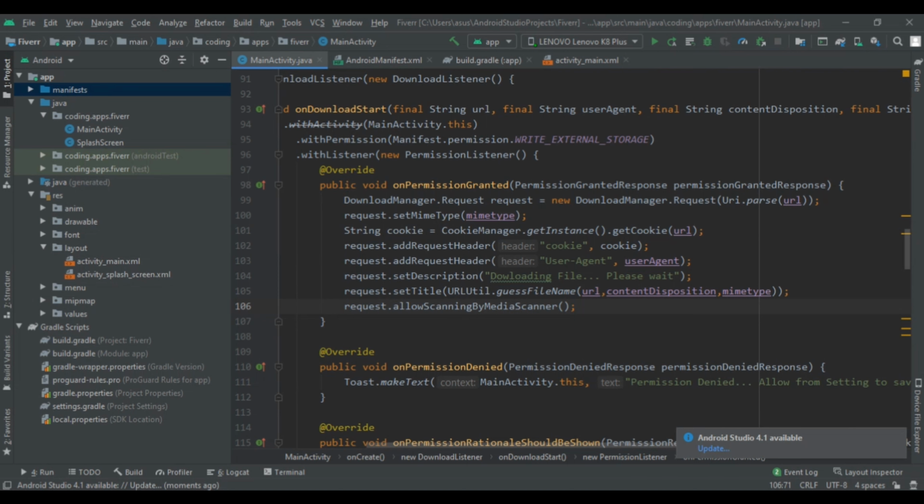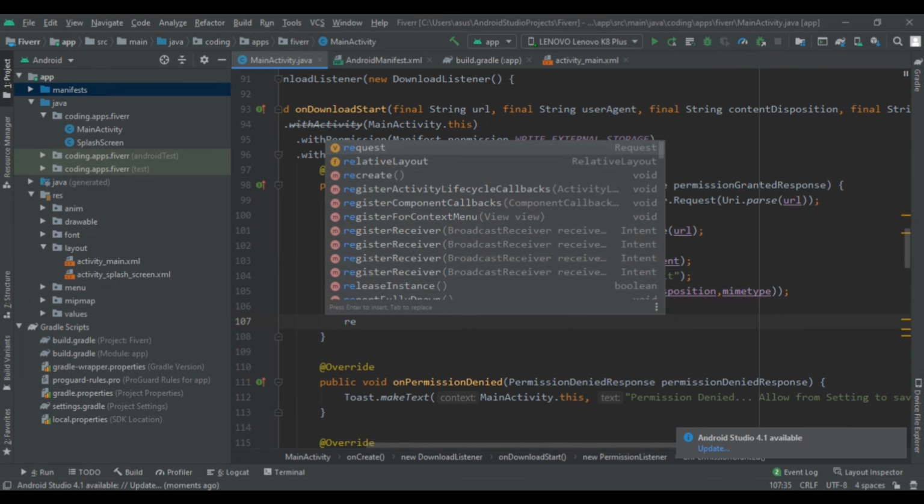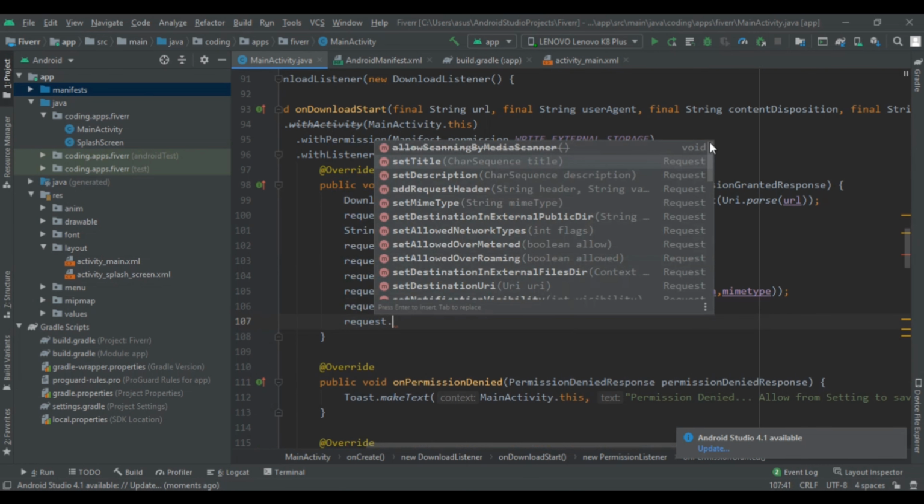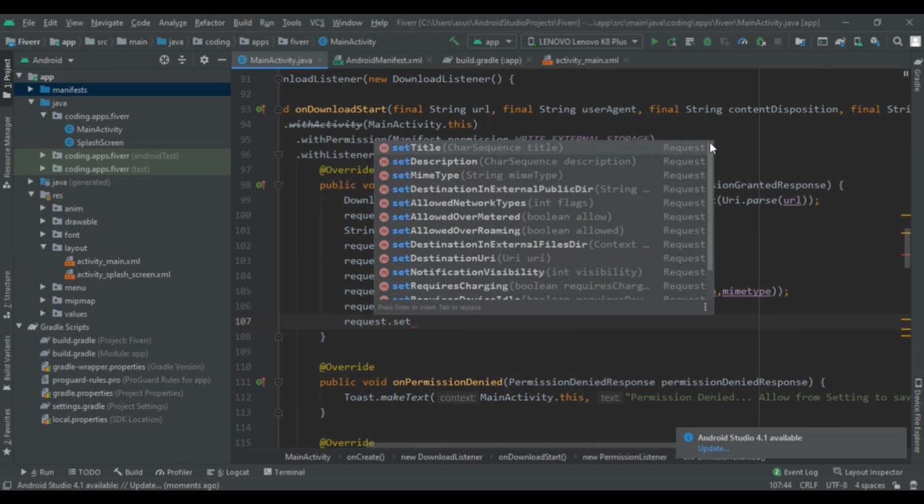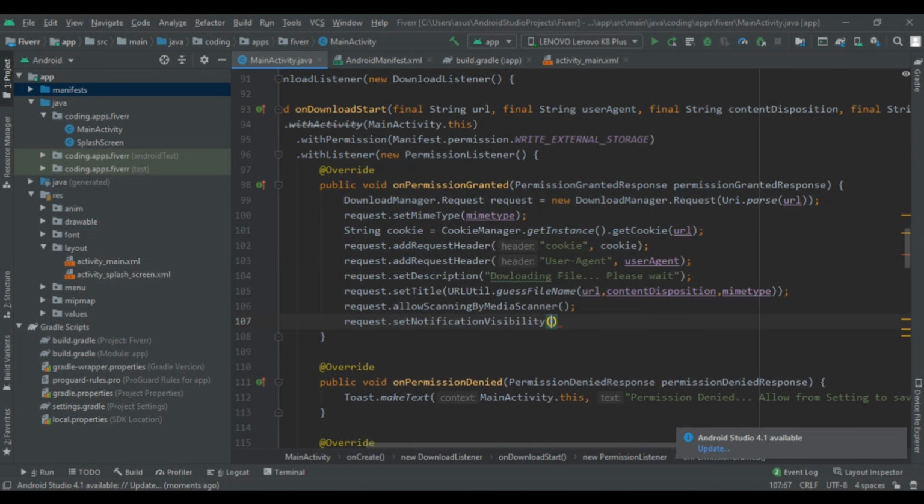Now we are going to add the notification to our application. So write request dot set notification visibility, and here we are going to pass visibility.